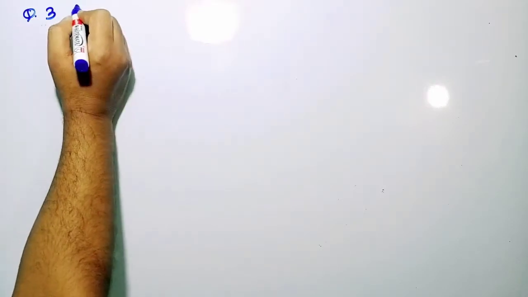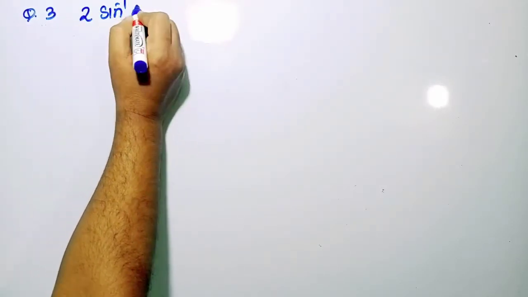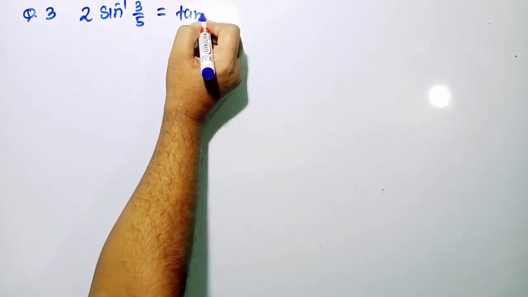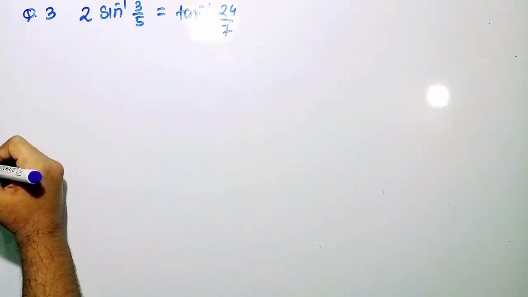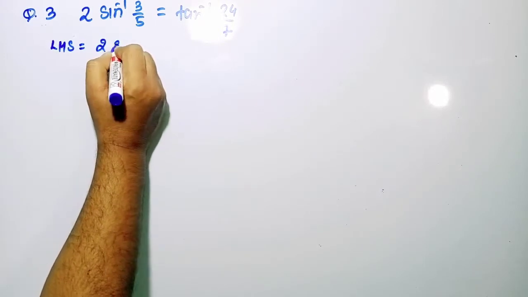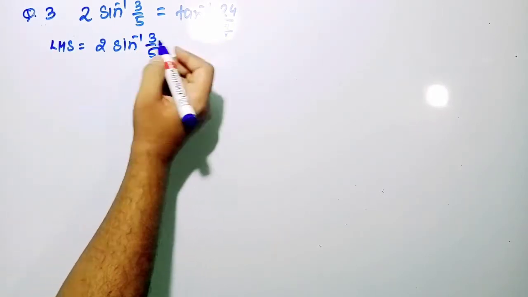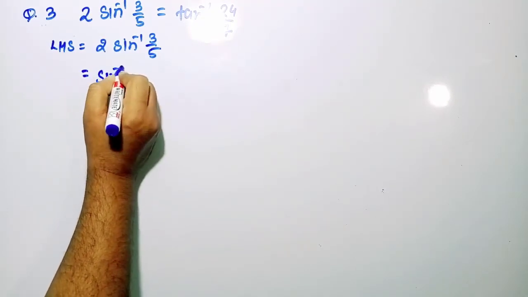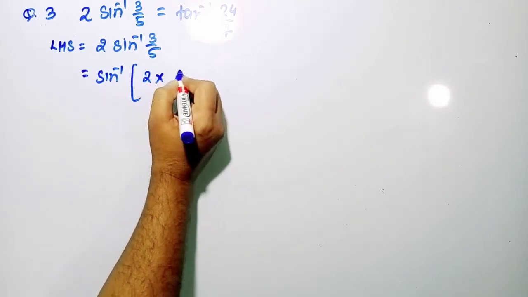The next question is question number 3. 2 sine inverse 3 by 5 is equal to tan inverse 24 by 7, right? So let us write the LHS. LHS is 2 sine inverse 3 by 5, we can write sine inverse